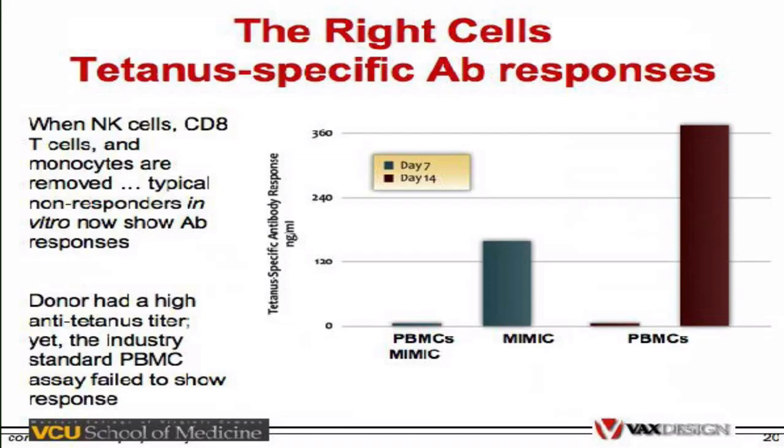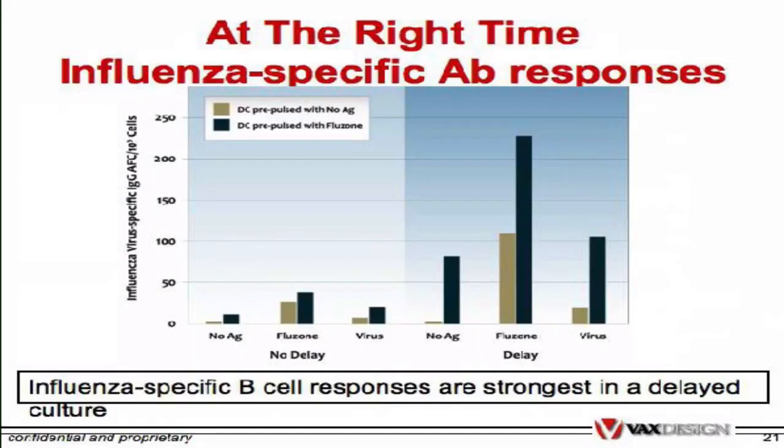And we feel the reason that they show no response in the standard PBMC assay is because all these other inhibitory cells are there that are generally not there in a lymph node in vivo. In this particular case, this donor had a high anti-tetanus titer, yet by the PBMC assay, he showed no response. Showing you some data with influenza-specific antibody responses by delaying